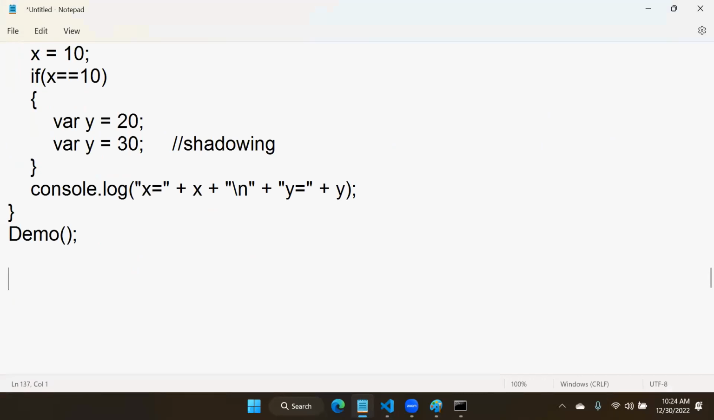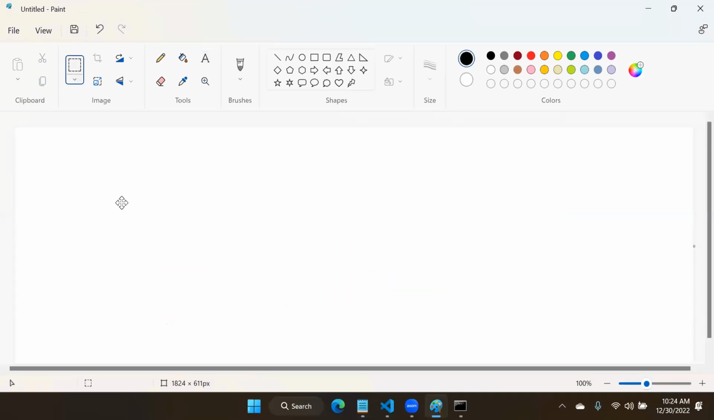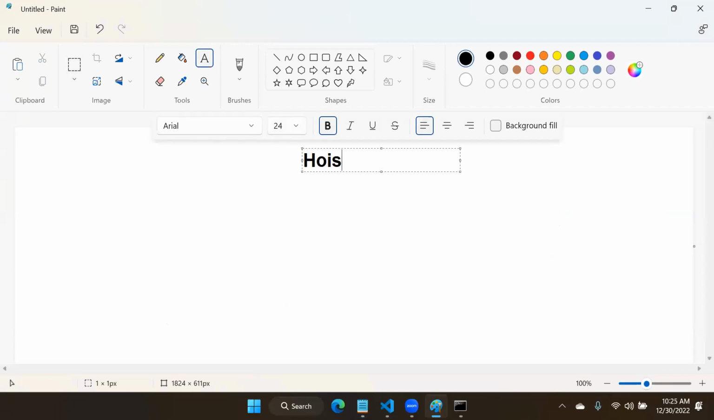Another important thing: var allows hoisting. Var allows hoisting also. Now, what is the concept of hoisting? Hoisting means, I will show you one simple diagram, a simple point here. For example, the meaning here for hoisting,